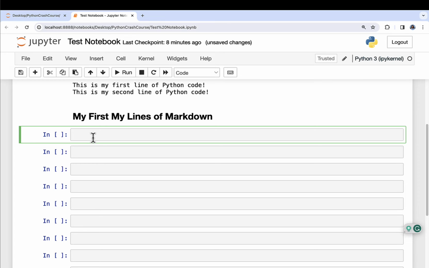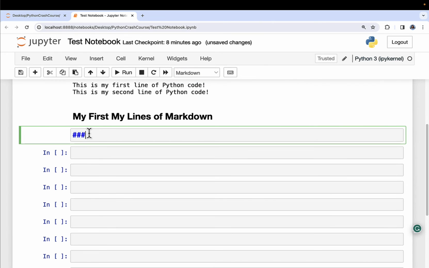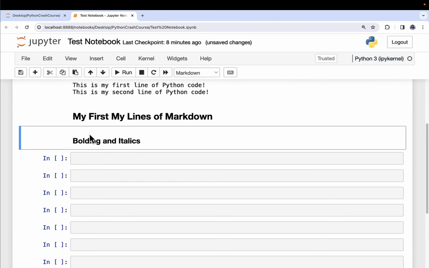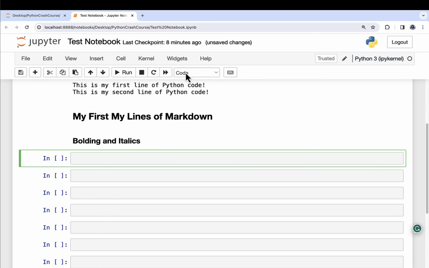So what I can do here is say, okay, under my first lines of Markdown, let's have a subsection. So I'm going to turn this into a Markdown cell, and I'm going to use 3 hashtags here for yet a smaller heading. So I'm going to do bolding and italics. And if I Control Enter, run that, boom. Now let's go in here and see how we can write some bold and italic text using Markdown. So what I can do here is just type in